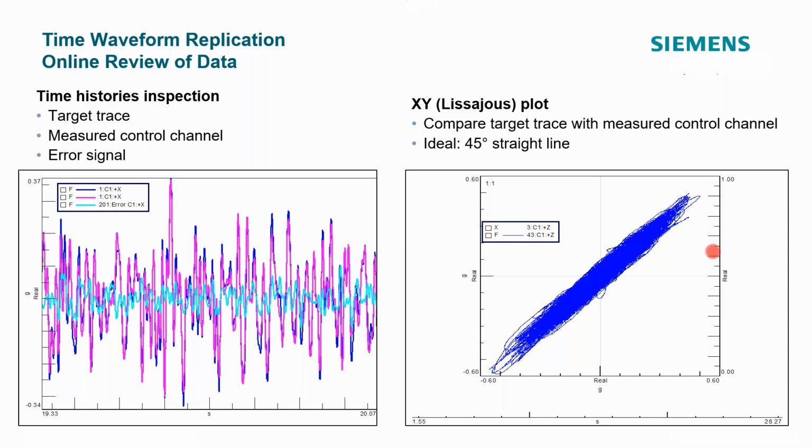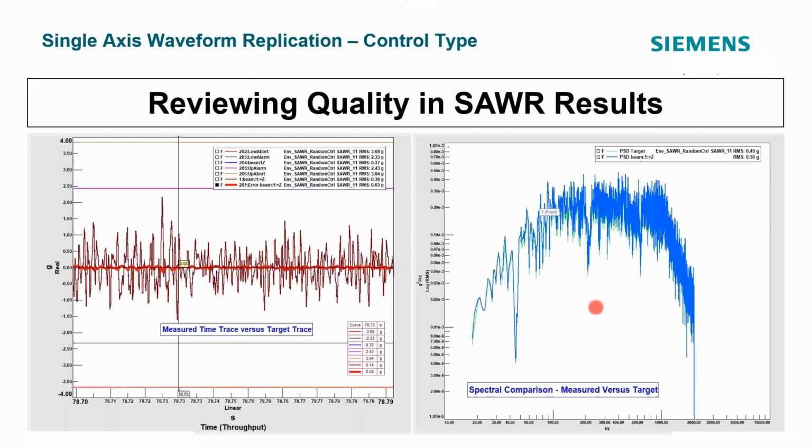Also in the time domain, you can plot one against the other. In a perfect case, if you had all of this time data lined up on top of each other and you plotted one on one axis in this XY plot versus the other axis, the idea is that you want to see a perfect diagonal, a very straight, sharp, narrow line along this diagonal, and that's really good results. These are kind of marginal results here. And you can see this information as you're acquiring data.